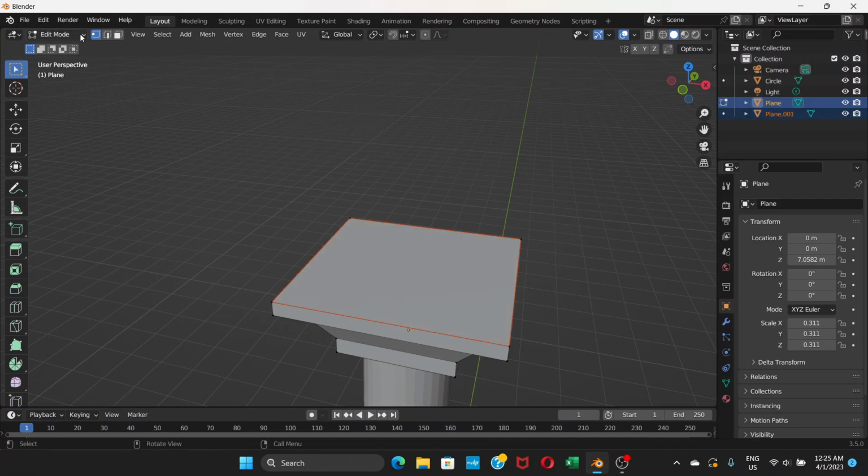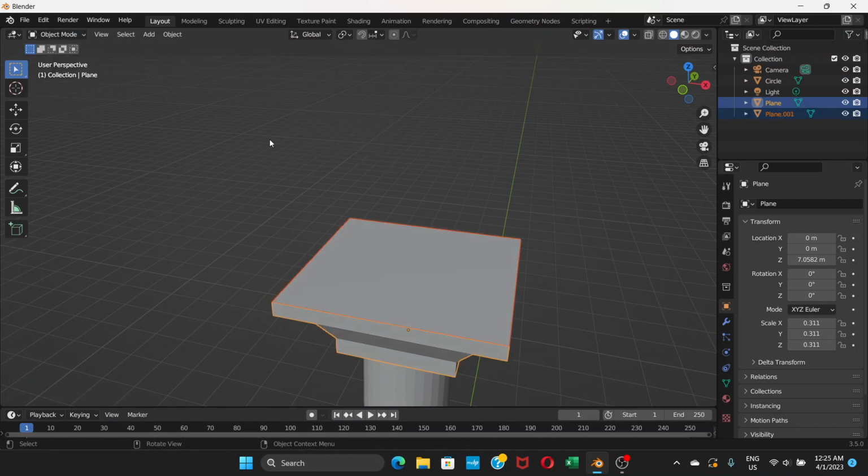Okay, now we'll go to object mode. Now we're going to click and select the top part, the new object, and